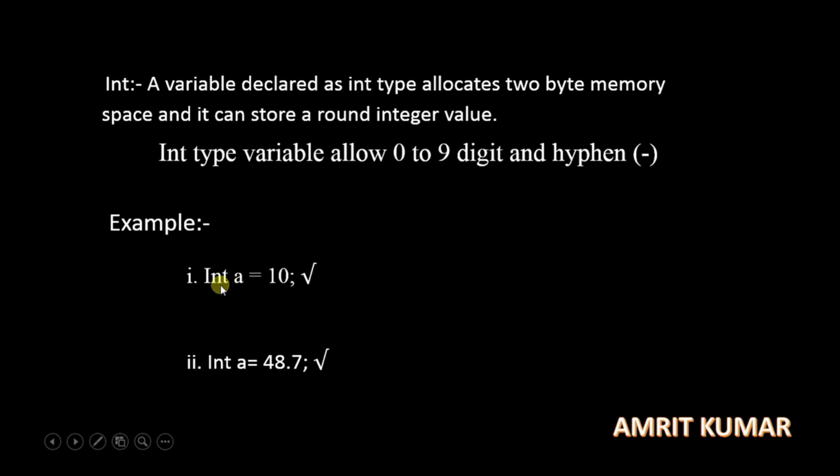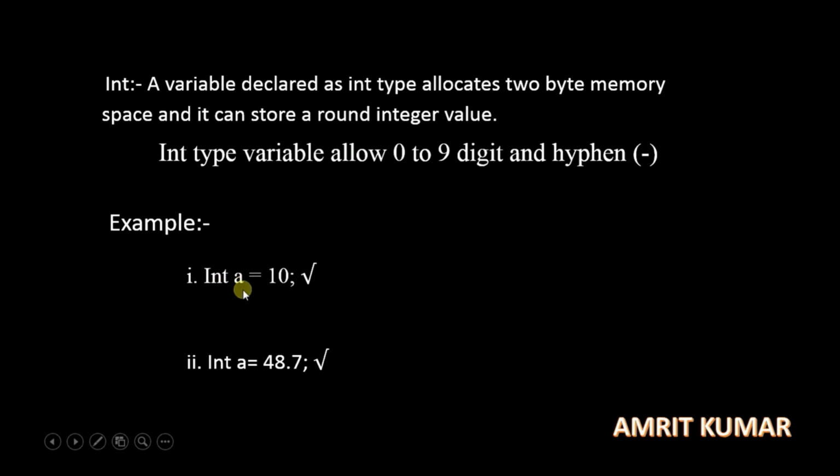You are seeing here the int data type and the variable a, which is going to store some value 10, which is a round integer value. And an int type variable allows 0 to 9 digits and hyphen. Hyphen is allowed for this. So here we can say this is the right way of representing a variable of int type, whose value is going to be from 0 to 9 digits and hyphen. So we can say that